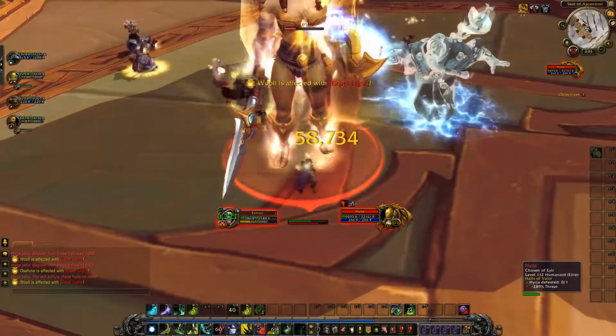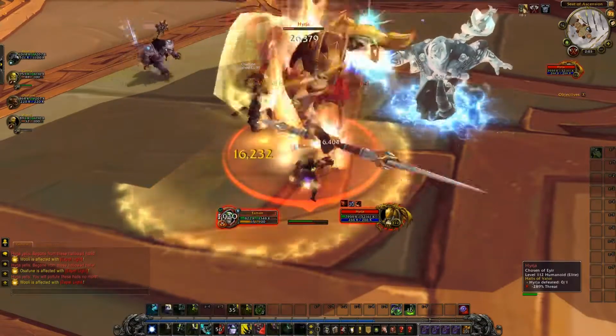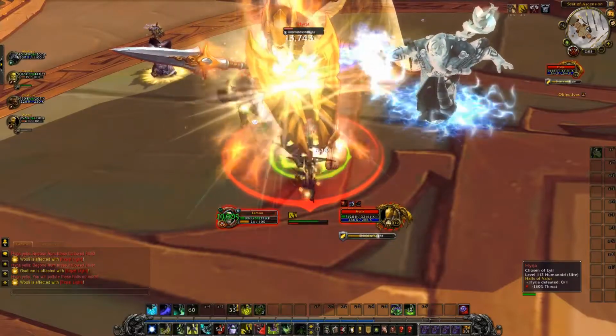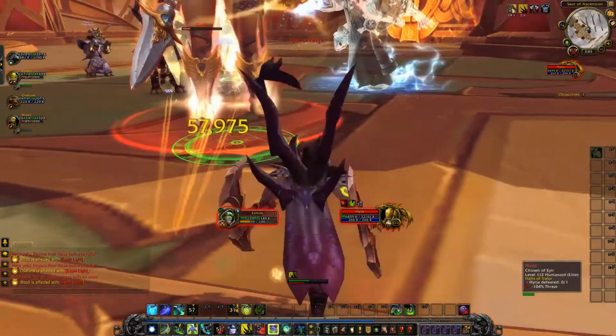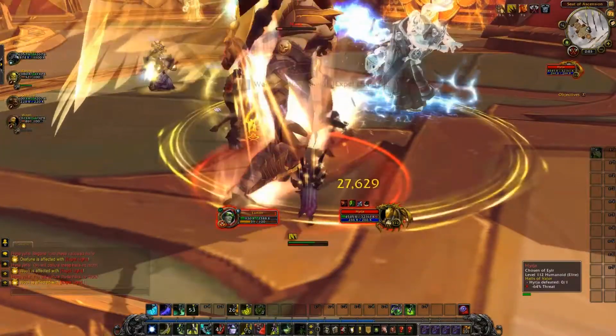Aside from avoiding the rest of the members in your group when they're exploding with holy damage, this is a fairly simple tank and spank fight, just like the first one, and most groups, again, shouldn't have very many problems with this one. In my experience, it seems that Halls of Valor seems to be the best tuned of the